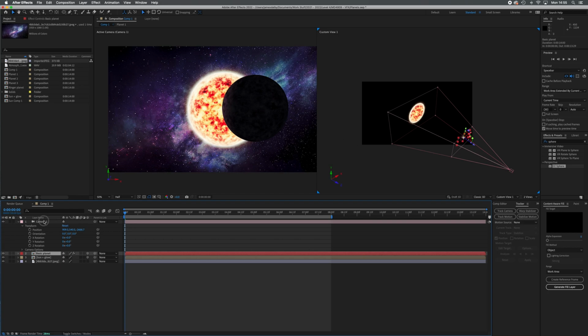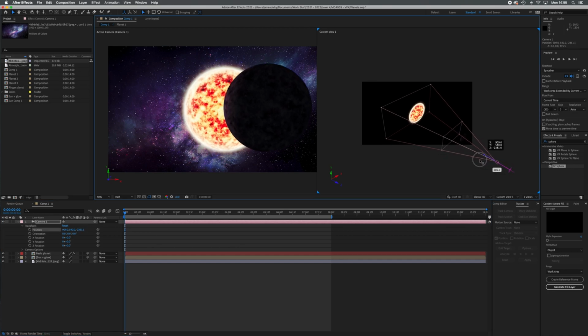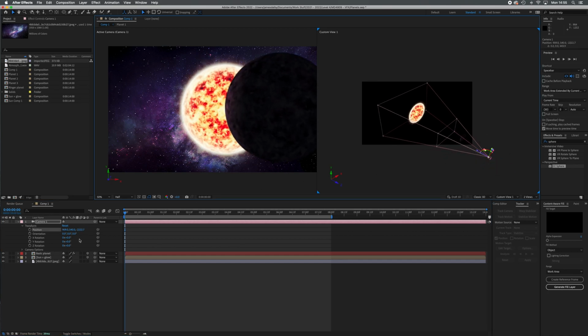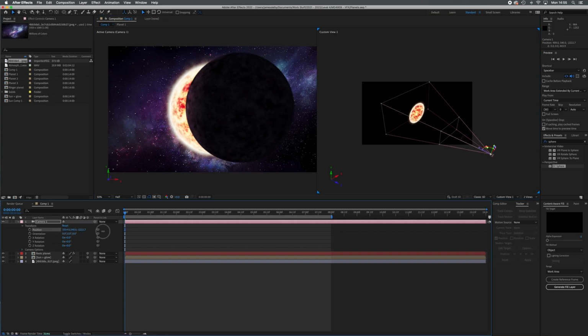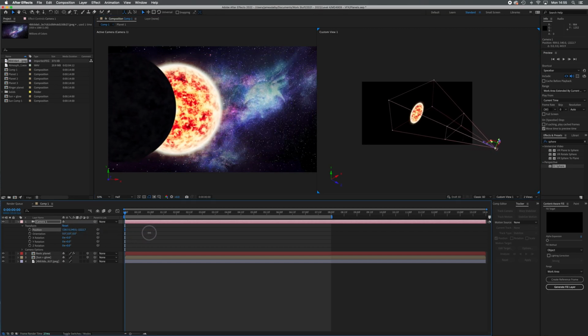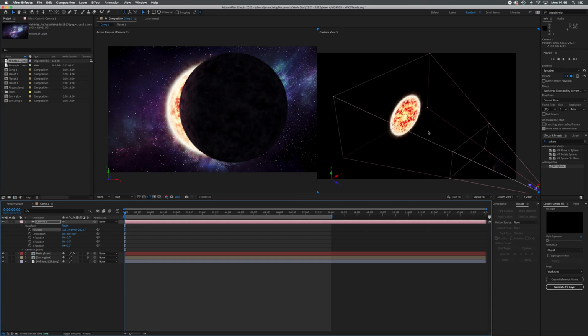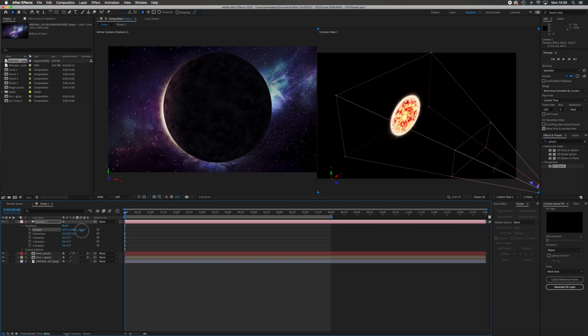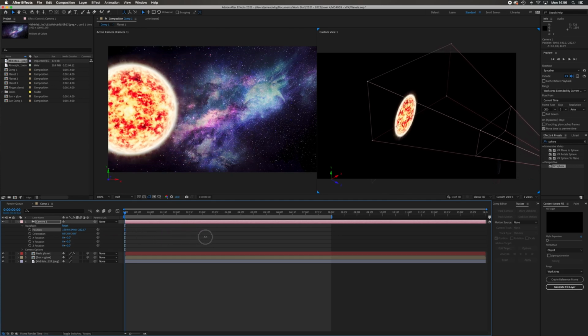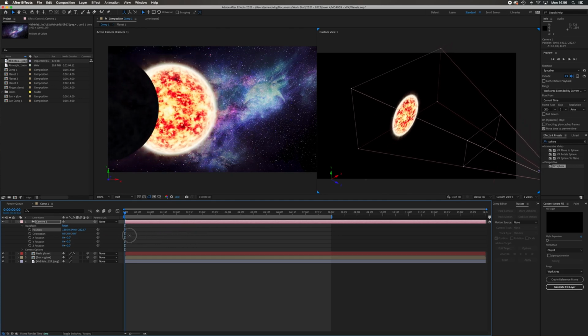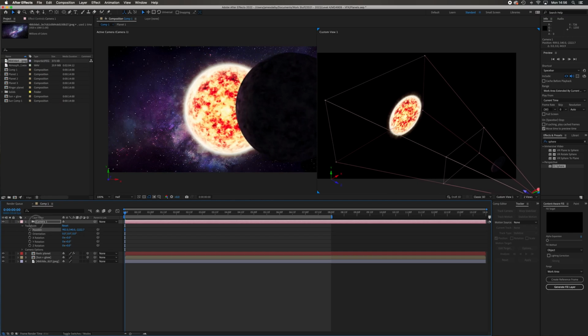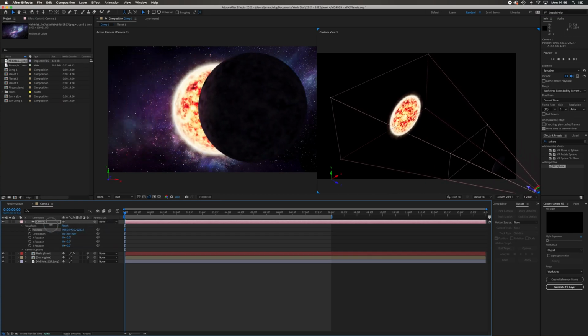So now whatever I do with my camera, if I move my camera in a bit, let's say, for example, and now if I move my camera to the side, whatever happens, can you see on this shot here, if I zoom in a little bit, as I move the camera from side to side, can you see the sun is rotating so that the camera always sees it as a flat plane? And what that then means is that then with the CC Sphere